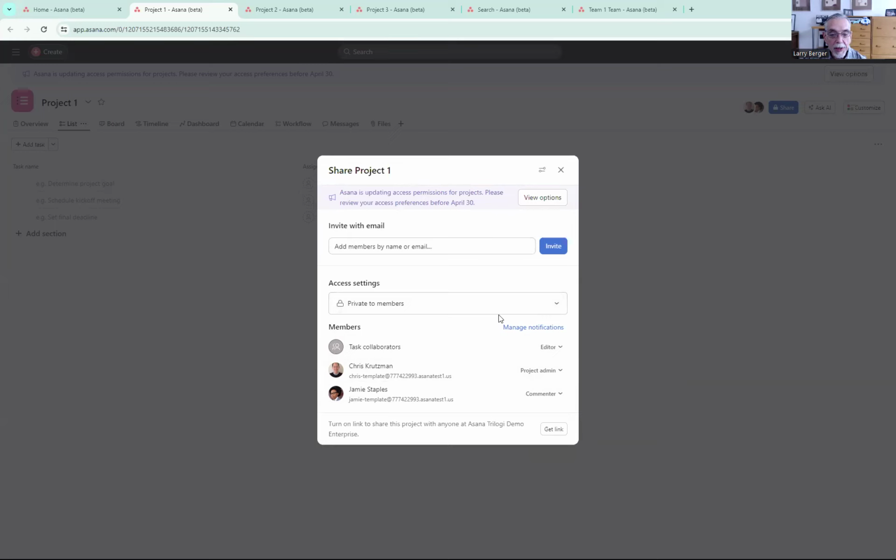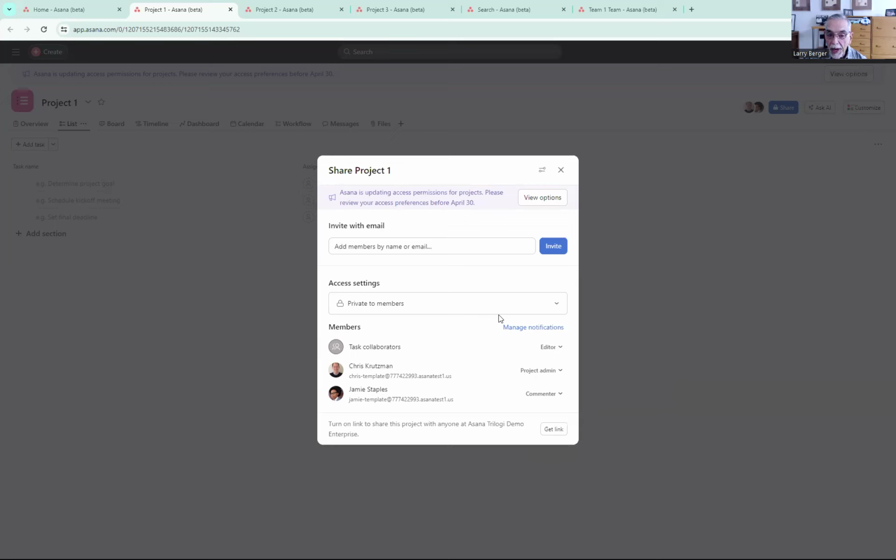Another way is, in rare circumstances, you could also create a new narrower team and put the project in that team. That might offer you other options. And this is going to be particularly effective in the near future because Asana is implementing team sharing on projects, where you can share projects with entire teams easily. So that's not coming immediately, but it's coming soon. But one of those other options that I just showed you is certainly easy to do.